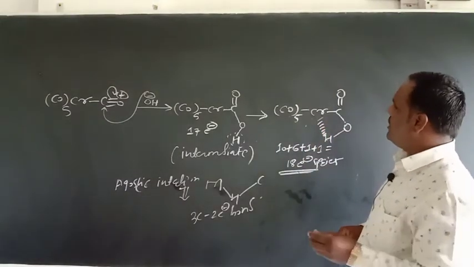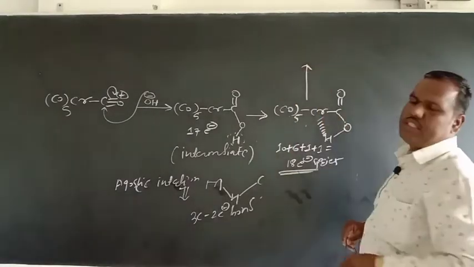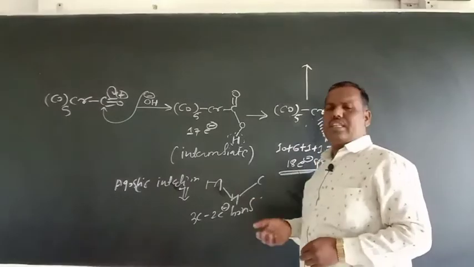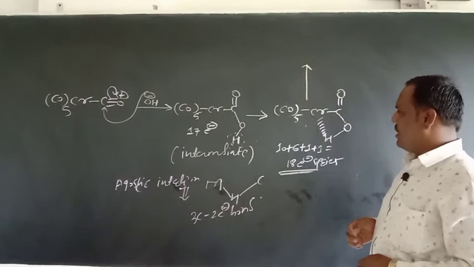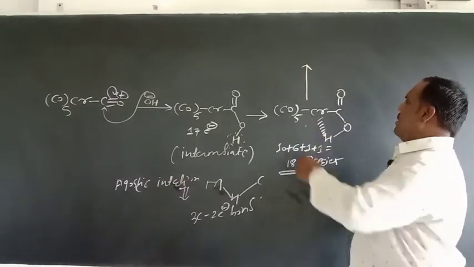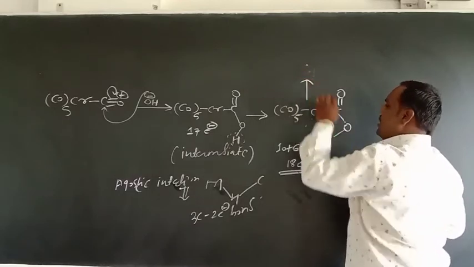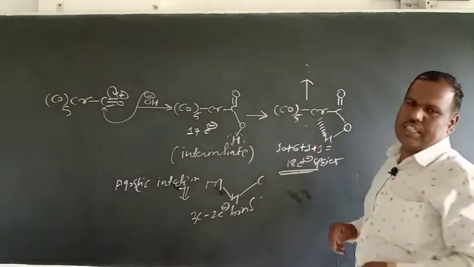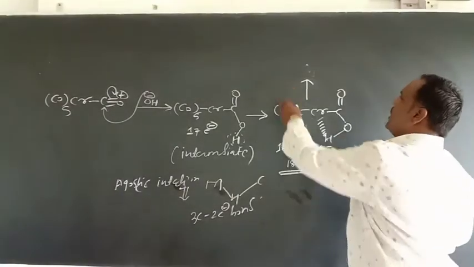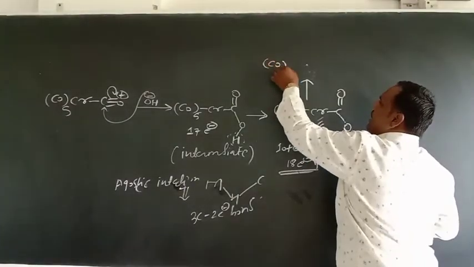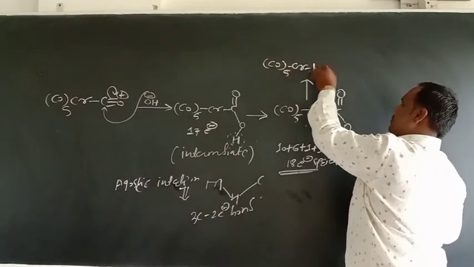And if you consider the application of the metal hydride bond, it is very large, or we can say that it is very important in organometallic chemistry. The application of this metal hydrogen bond is very important in organometallic chemistry, and therefore it will show agostic interaction with elimination of CO2,